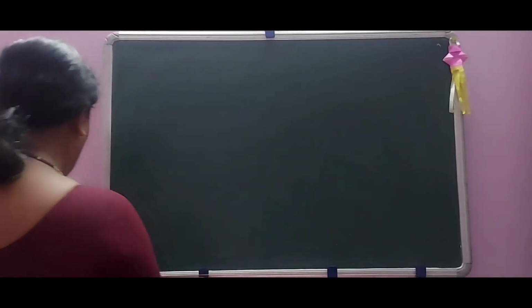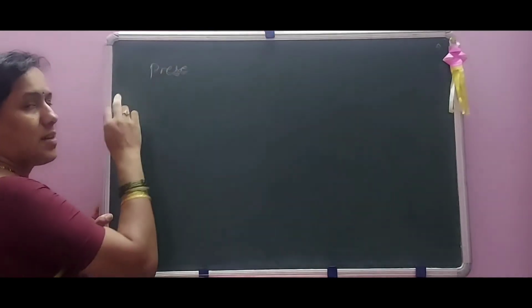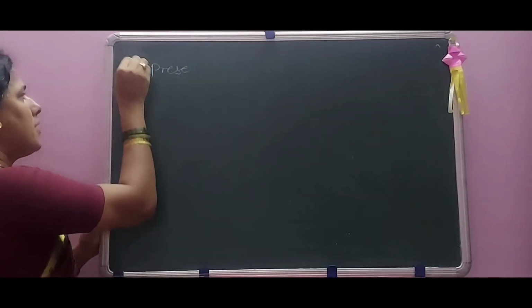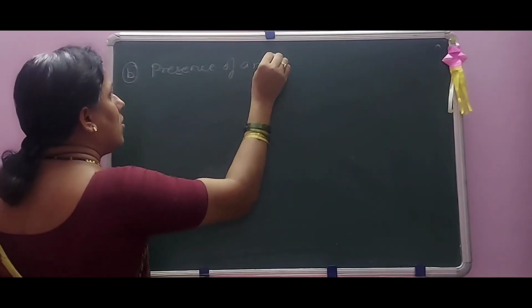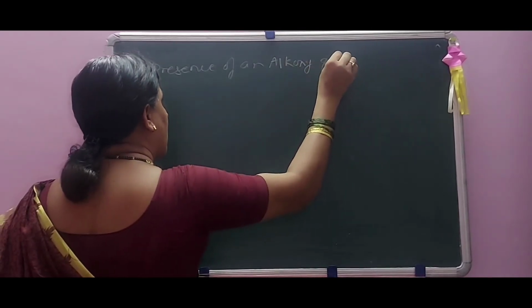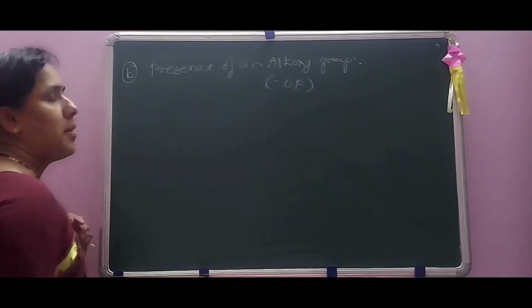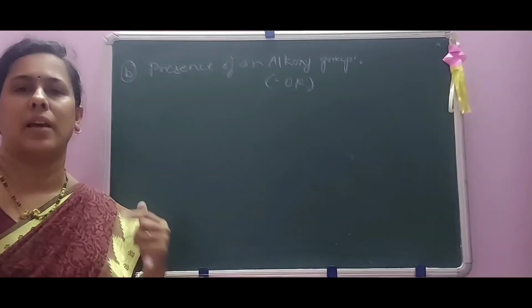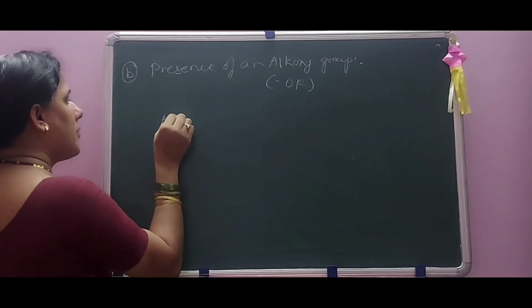Presence of alkoxy groups. This is about the hydroxy group. Now the second point is about the presence of an alkoxy group, that is OR. The presence of an alkoxy group can be determined by using the reaction of an alkaloid